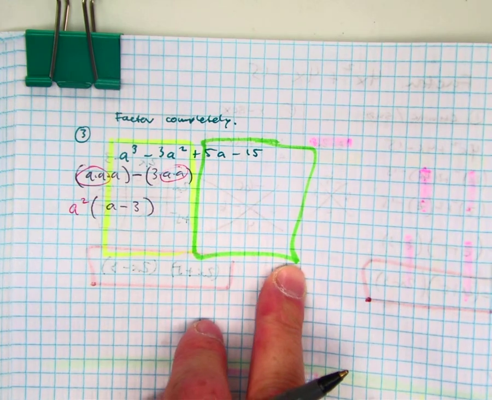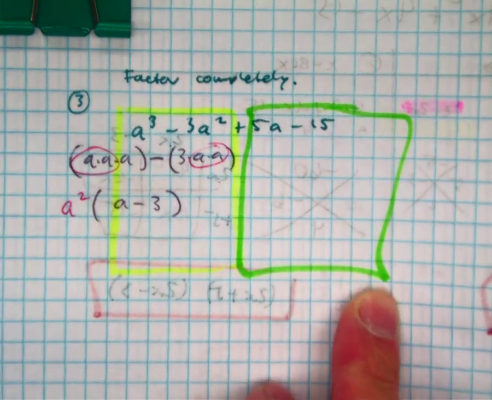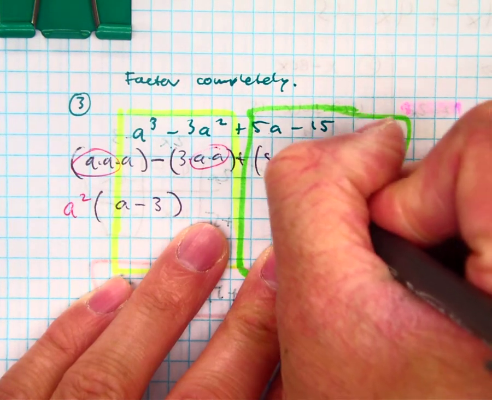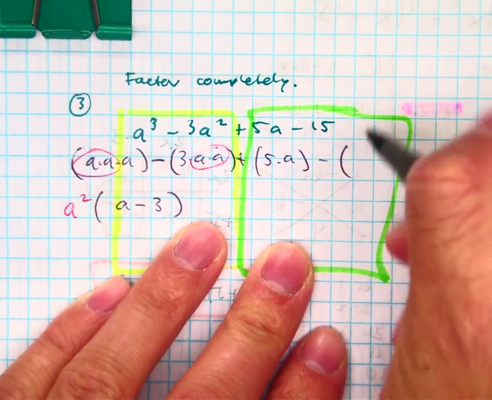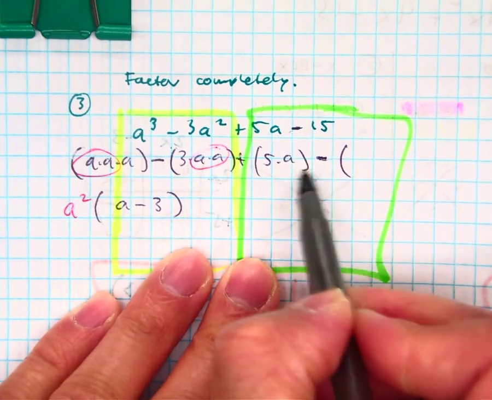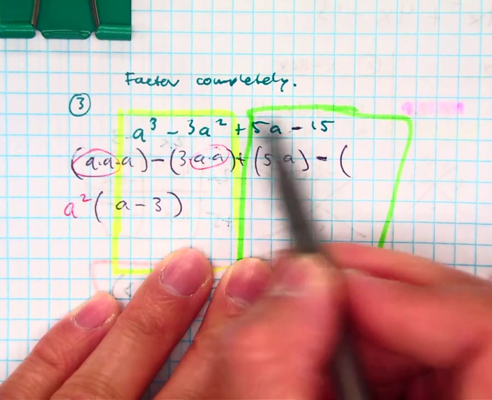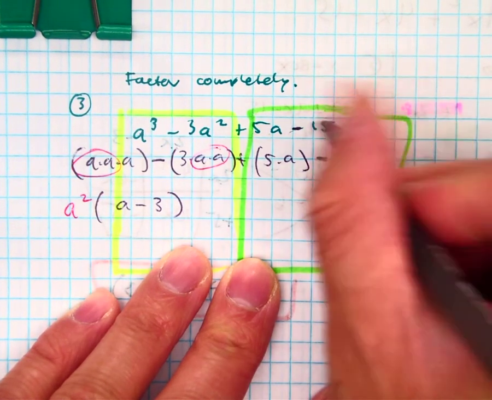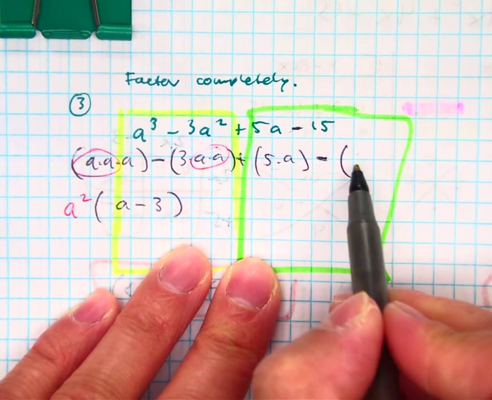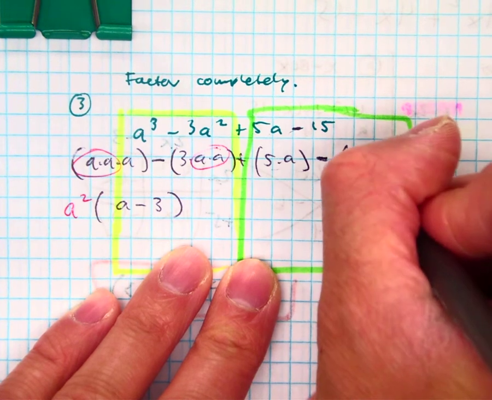On the green side, I'm going to do the same thing. So plus, so I have 5 times A. And then notice how I put the subtraction sign there because both of them are not negative. If they were both negative, then I'd probably take out the factor of a negative 1. So I can just use, notice here I'm not going to write 15 times 1, I'm going to choose 5